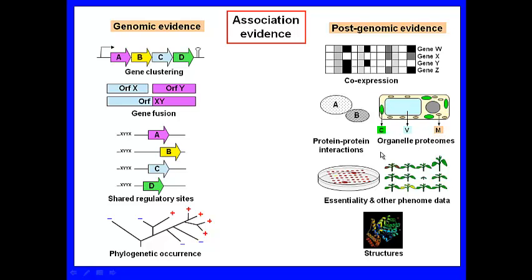Because if you're looking for a missing gene in a pathway, which you know is mitochondrial, and your predicted gene, or maybe experimentally established gene location, is in the chloroplast or the vacuole, it's very unlikely that that's a good candidate. So you can use this as a sieve to throw out candidates which are maybe not promising.